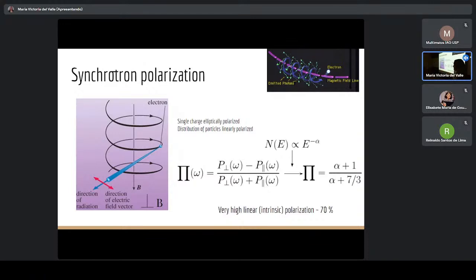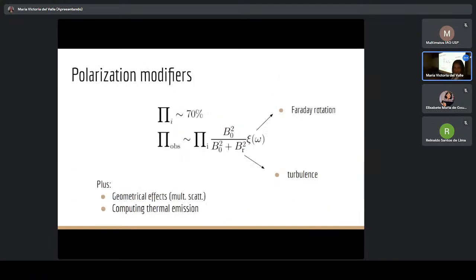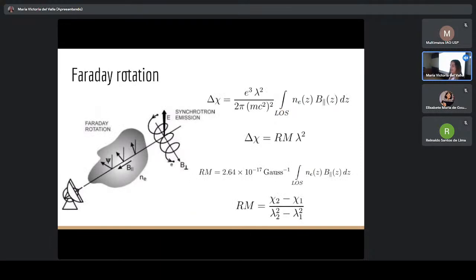Okay, so the models predict a degree of polarization of the order of 70%. This is a very, very high degree of polarization. So we aim to study and to model the polarization in these systems. And for the polarization, I mentioned we would have a very high degree of intrinsic polarization. However, there are a lot of physical processes that can modify this degree of polarization. And well, we have to take all of this into consideration if we want to have a proper model of the synchrotron emission polarization. Okay. I just mentioned briefly that we also consider the Faraday rotation, but you will see this more clearly in the